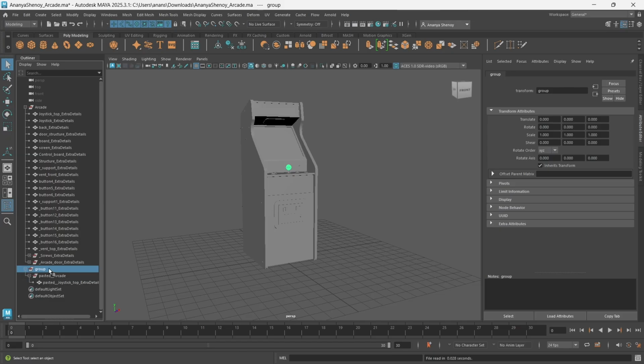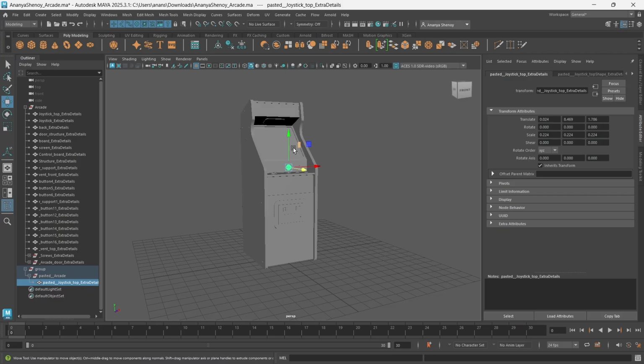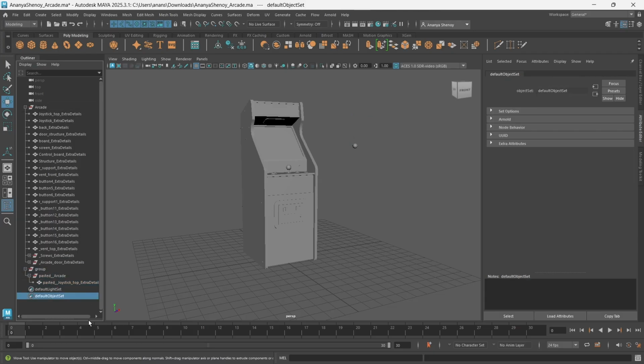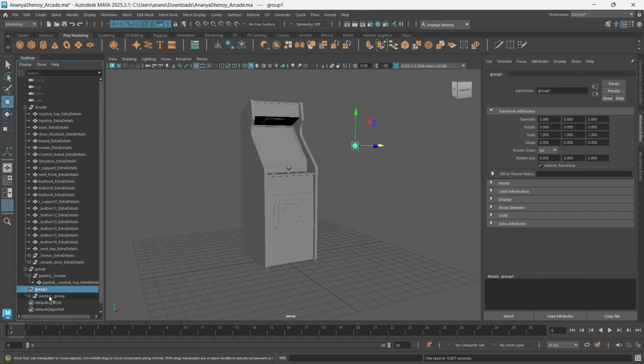So you have the group that you've pasted, then it says pasted arcade, and then you have your model inside that. And then if you select this model here, and now this is a separate model, and if I select this and go to Control C, and then just paste it again, that's going to create a whole other group within this. So now I'm creating so many groups within groups within Maya.